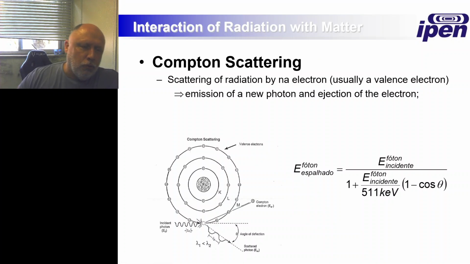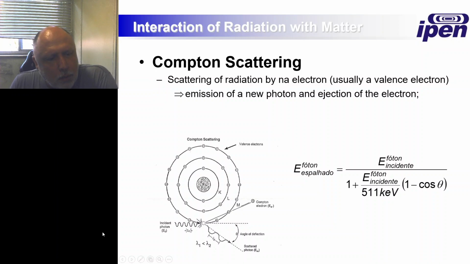Then there's Compton scattering. Compton scattering is almost the same idea, but now the photon comes, it deposits part of its energy on one electron, and a scattered photon is emitted. We call it scattered by habit, but it's a second photon, in fact. But you have a second photon that is emitted, right, at some energy, some angle from the original incidence angle and direction,